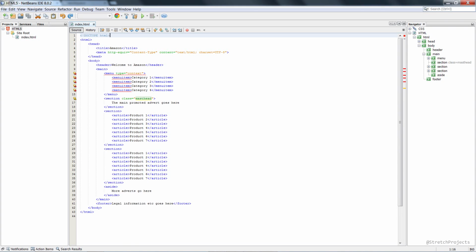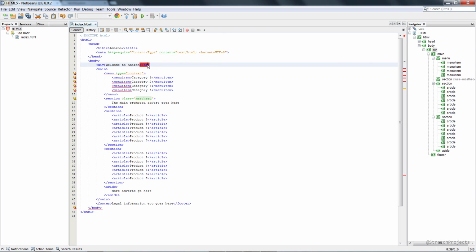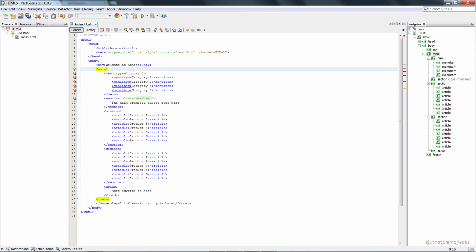Now, if you're coming from developing for HTML 4.01 or any previous version of HTML, you may be asking why you don't just use the div tag anymore. And the truth is that you can still use the div tag. In this case we'll just replace the header with a div tag. But there are many problems with doing this. The two most significant of which are the fact that it can be very confusing when it comes to maintaining your website in the future, especially if you have a lot of div tags nested within one another, and also